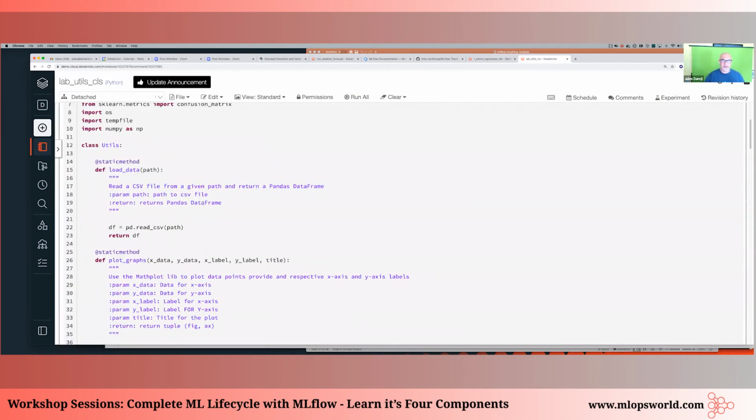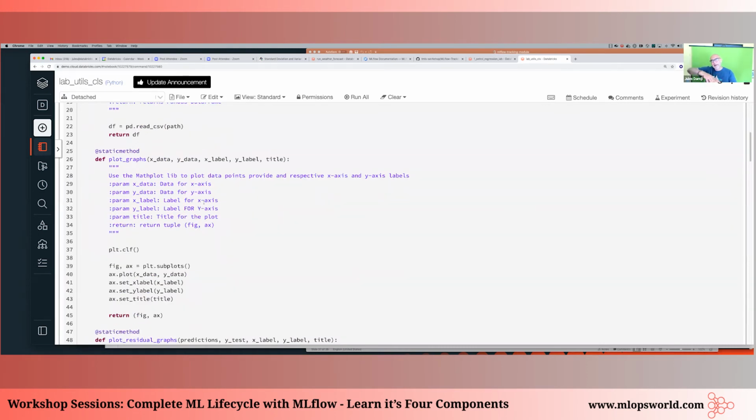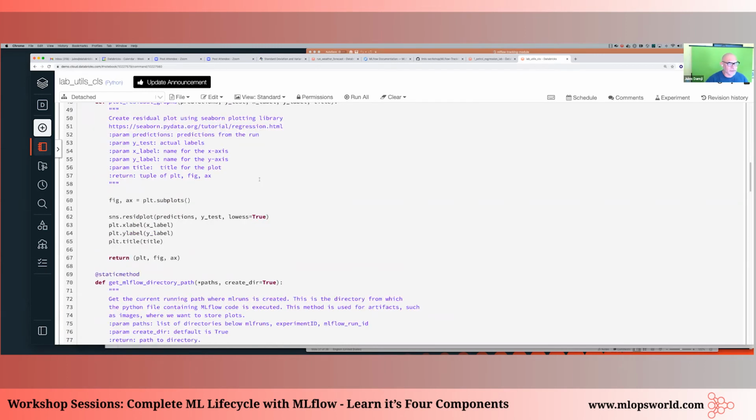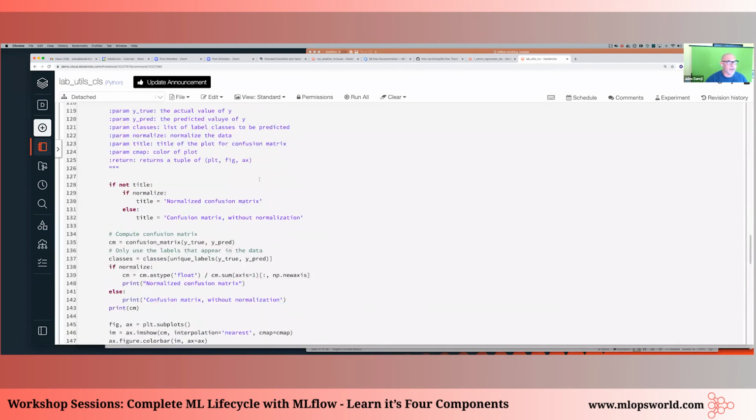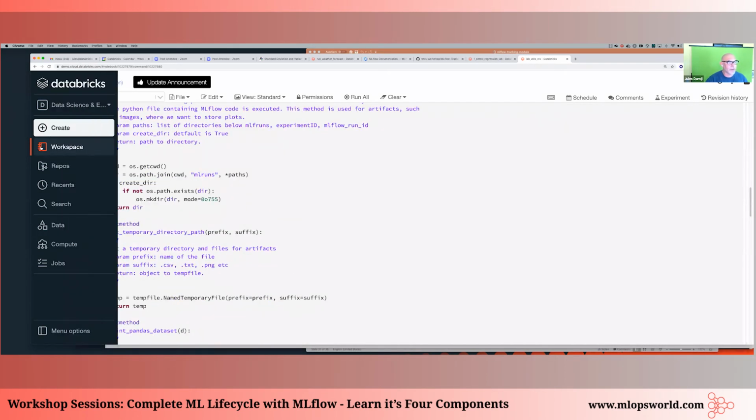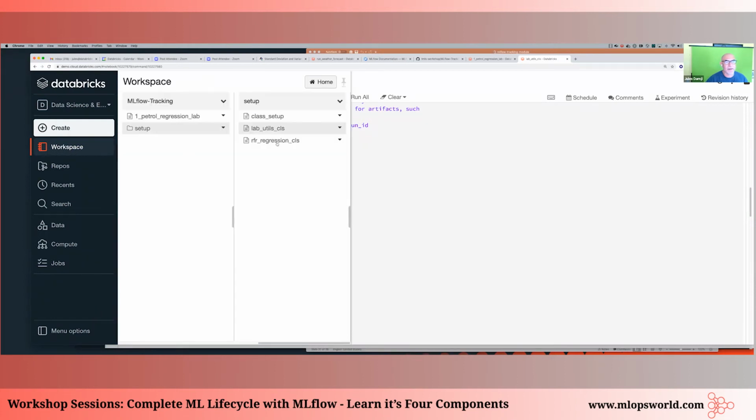My util class is just nothing but a static method class that I actually have. So that way my main notebook just doesn't become too cluttered. I just have all these different plots that I actually use, the directory functions that I have, and these are my utility classes that I actually use. If you look at the other setup,